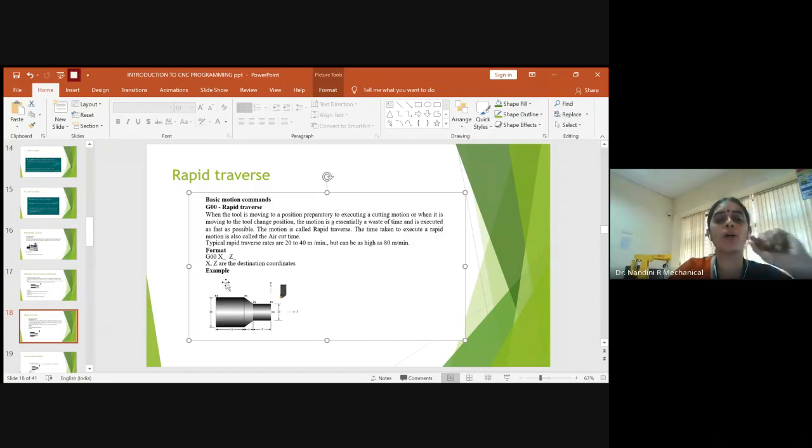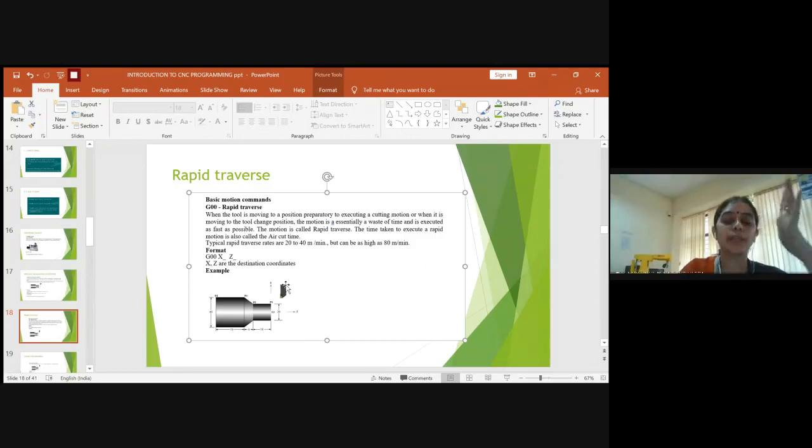So in the beginning, always after giving the sequential number, whether it is N01 or 02, whatever, we provide the rapid traverse as G00, so that the tool comes nearer to the workpiece with respect to the X and the Z direction. Then you can slightly move the tool towards your right or left, where the material is located. From there onwards, you can put the values for X and Z, to see that it has reached the initial position.